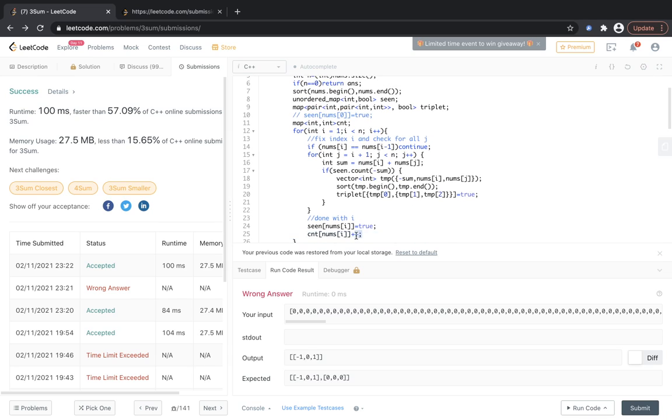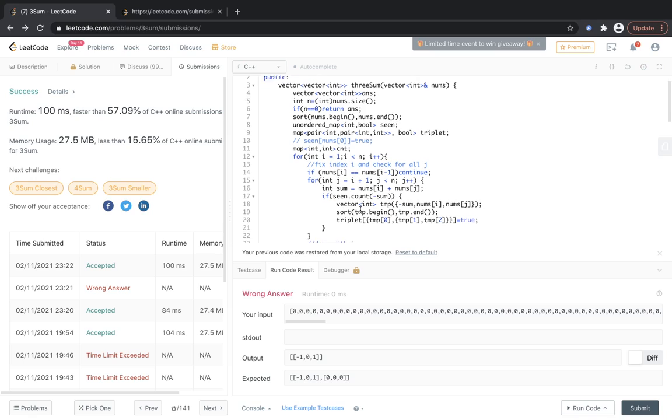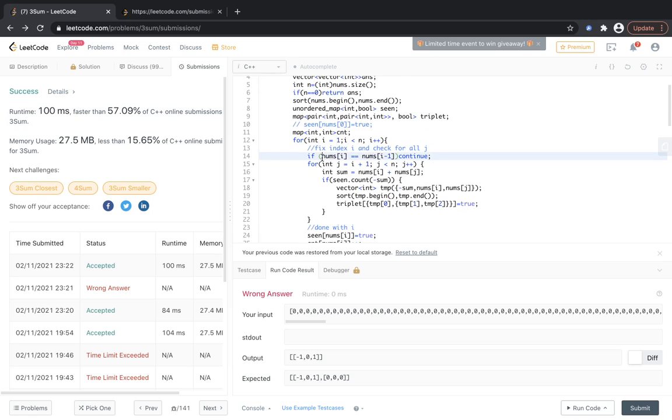So we are incrementing the count, and if count of nums[i] is equal to 3, then continue.